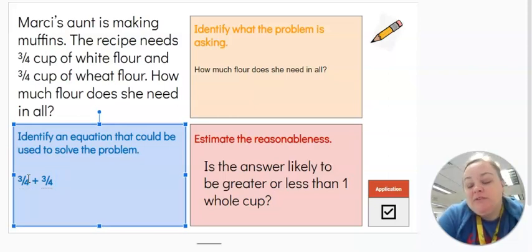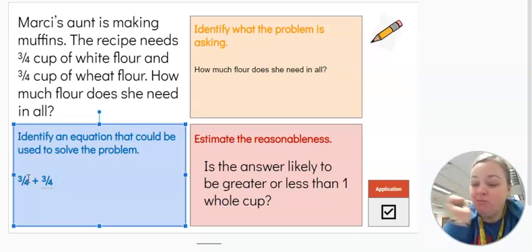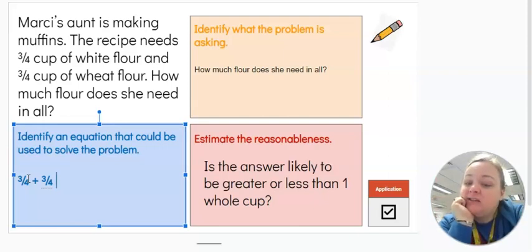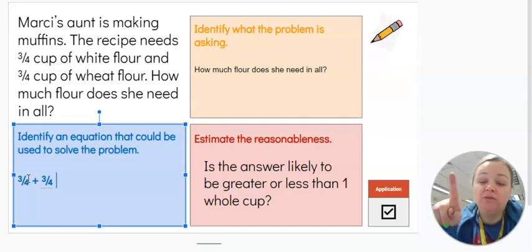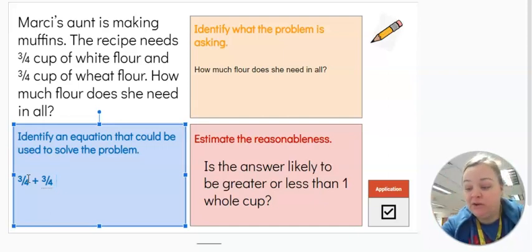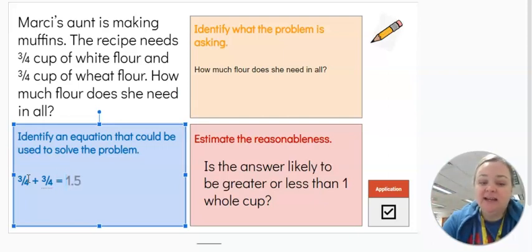So thinking about 3/4 and 3/4, I know that 3/4 is 1 unit away from a whole. So I have 2 measurements that are each almost a cup. Is the answer likely to be greater or less than 1 whole cup? Well, I'm thinking it's going to be more than 1 whole cup, because I already know that 3/4 is just 1 unit away, and then I have another 3/4, which is another unit away, so that's almost 2 cups, definitely more than 1. So when I add these together, I get 3 plus 3 is 6/4,